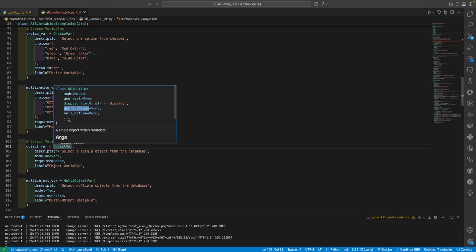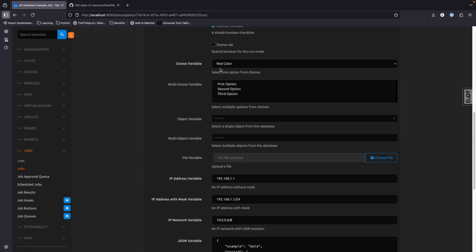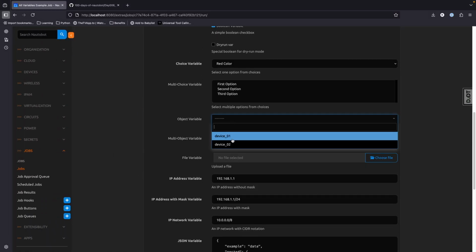So if your model supports query parameters, you can do that so that you can only show, let's say, devices that are in active status, or don't show devices that are in decommission status, right? Because if you work in a big organization, you can have thousands and thousands of devices, and you don't want the user to select something that is decommissioned. And it's very hard to see or know if you just go through this list, because all you see is device one and device two. But if you only show things that are active, or don't show me things that are decommissioned,